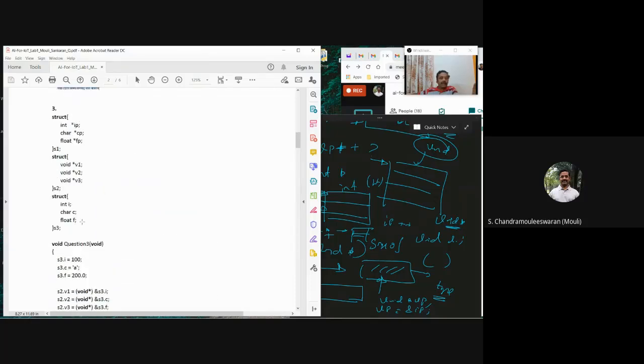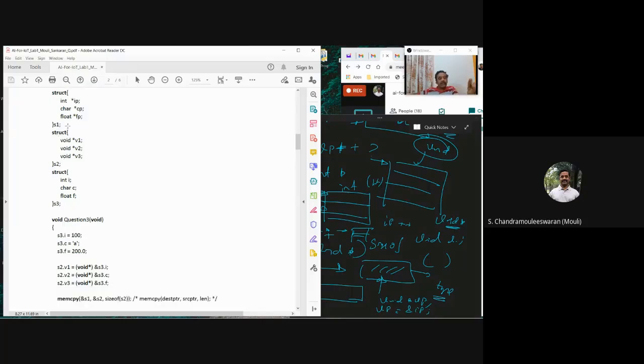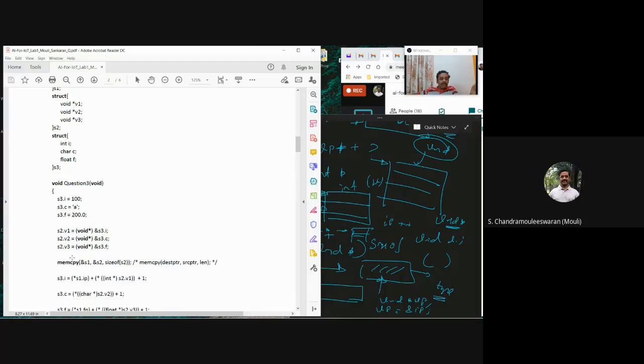That means the void star pointers are now sitting in the right place, because I have ordered them in the same way. Normally C orders a structure in the same way in memory. So you are able to copy all the void stars, which are actually pointers to integer, characters and floating point. When you do a structure copy, they are all sitting in the right place, and all these pointers are of the same size. That's why you don't have any problem. When you say size of S1, S2, S3, they'll all be the same. So we have now got the addresses of those integers, characters and floating point with this memcpy.